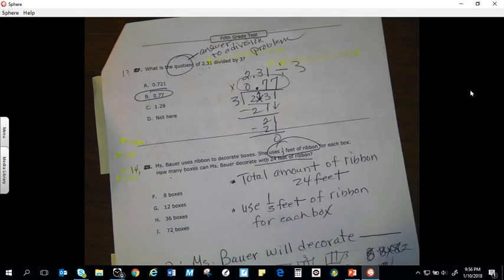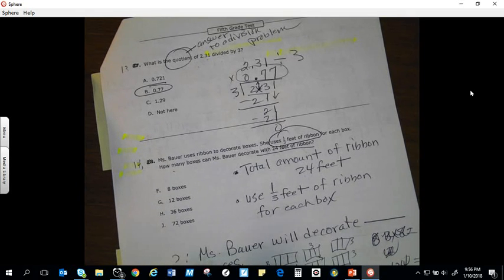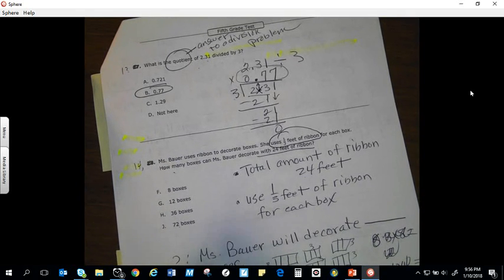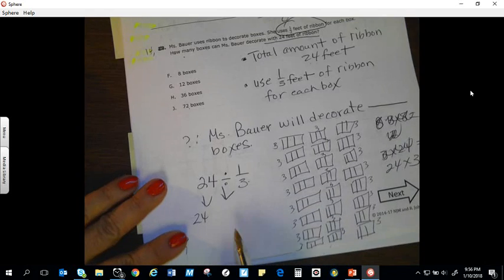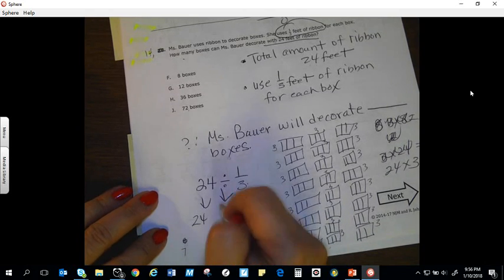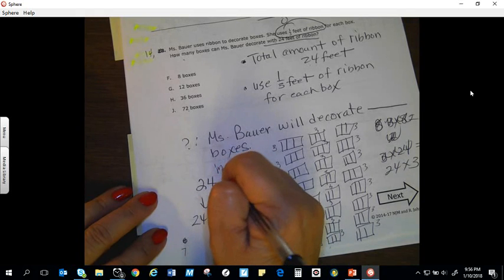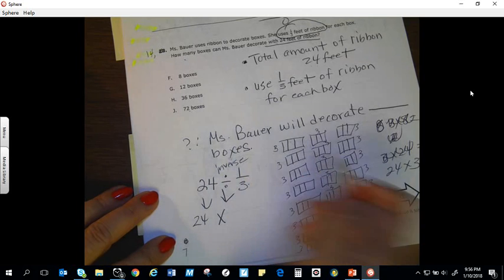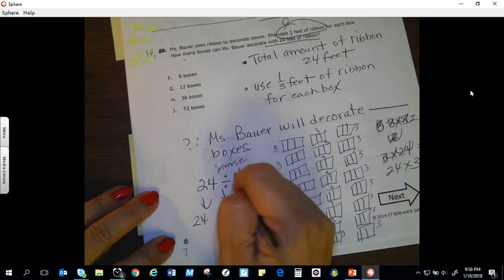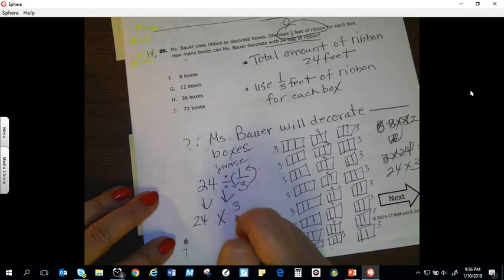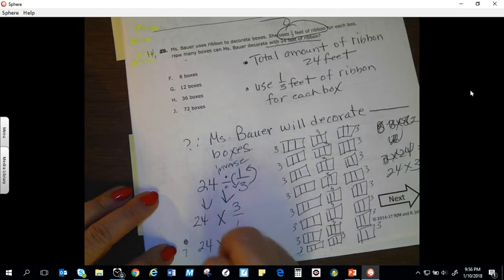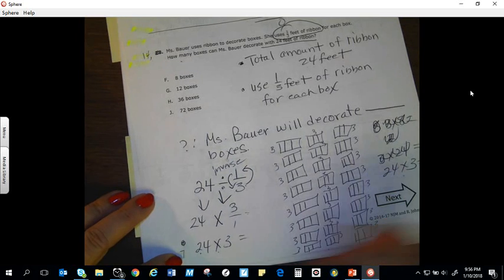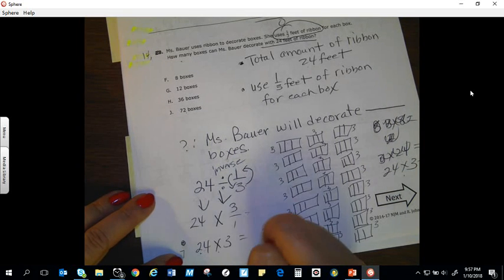Oh, it's getting late. Okay, so here again I have my 24. I'm going to bring this down. So if I'm working out this problem, I'm going to do my inverse, meaning my opposite, so that becomes multiplication. Then I'm doing my reciprocal, so my denominator becomes my numerator, and my numerator becomes my denominator, which makes that into just a whole number. And 24 times 3, 24 times 3 that we did over here. So 3 times 4 is 12, carry my 1, 3